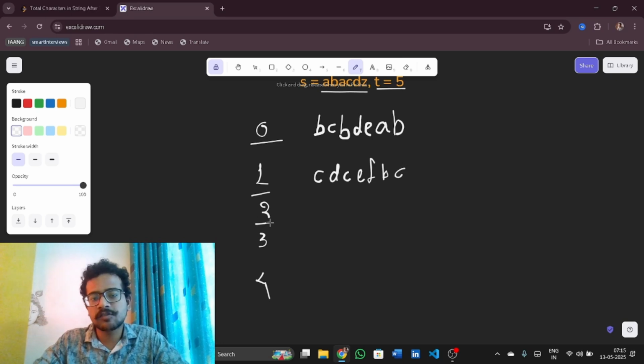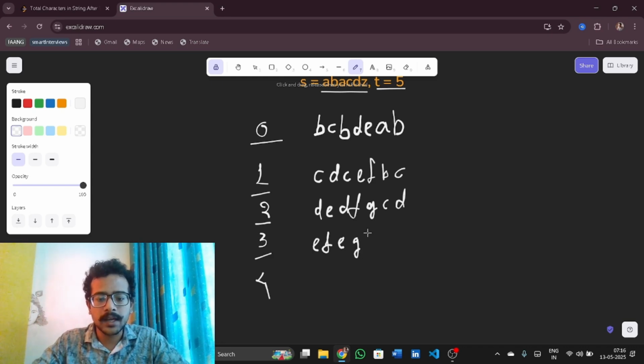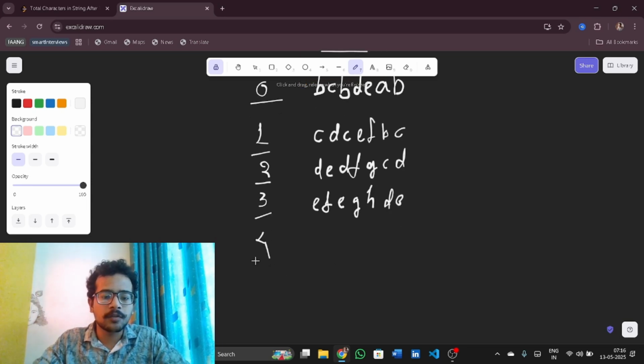At transformation number 2, C to D, D to E, C to D, E to F, F to G, B to C, A to B. At transformation 3, D to E, E to F, D to E, F to G, G to H, C to D, and D to E. After that, at transformation number 4, E to F, F to G, E to F, G to H, H to I, D to E, E to F. Now the last